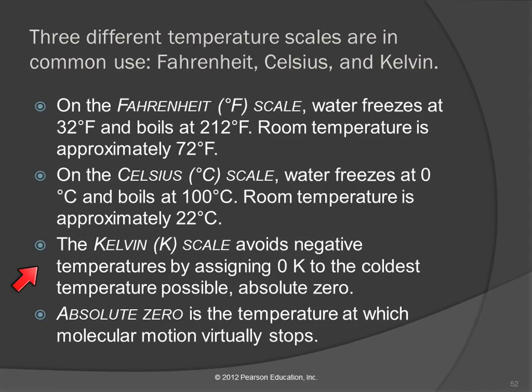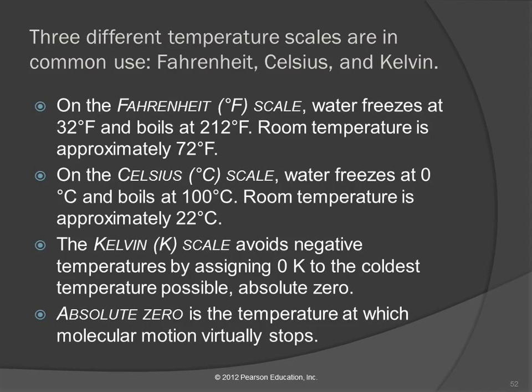avoids negative temperatures. We needed to use this a little bit in that first lab because we were finding a percent error of a freezing point. And the accepted freezing point was 0 degrees Celsius. And you can't divide by 0. So when we have zeros and negative numbers with temperatures and we do certain types of calculations, things don't work out very well. The Kelvin scale is such that all temperatures are positive.